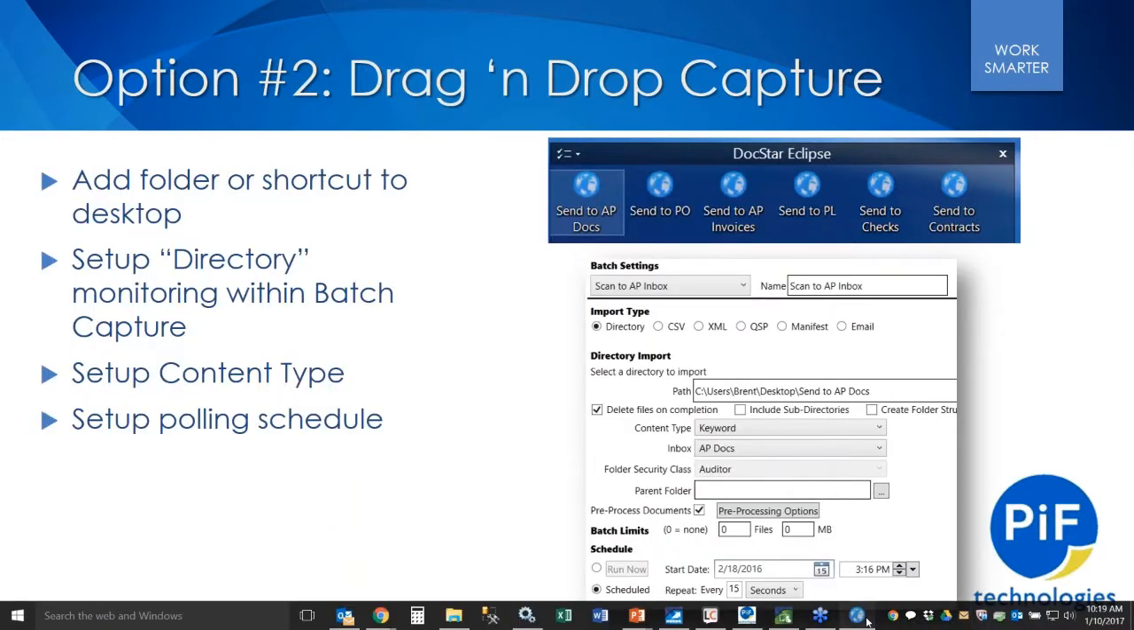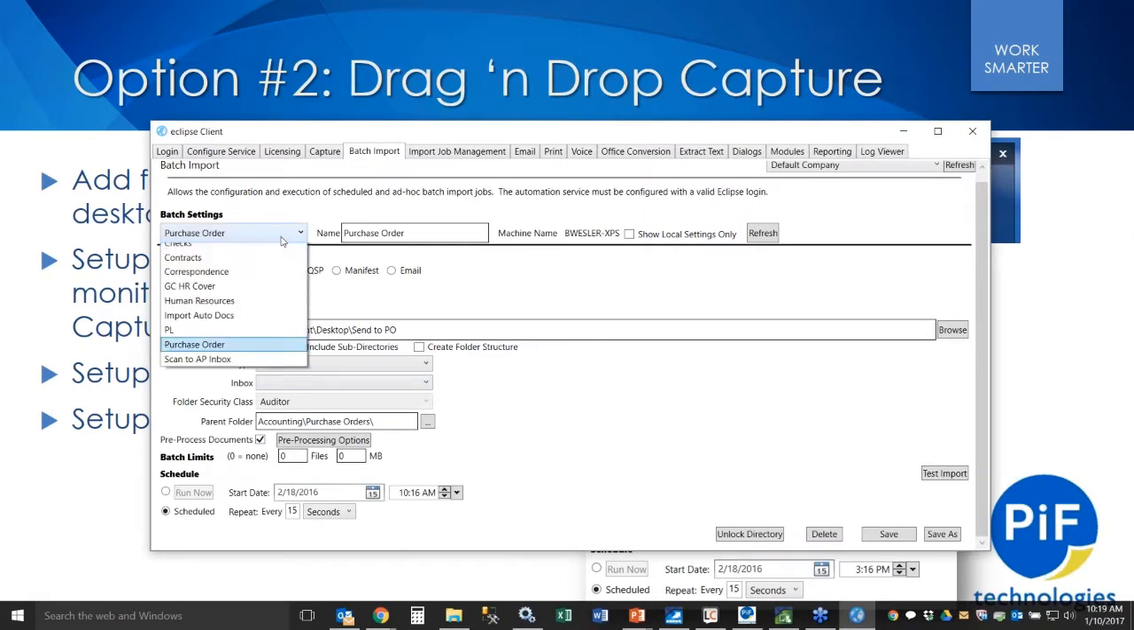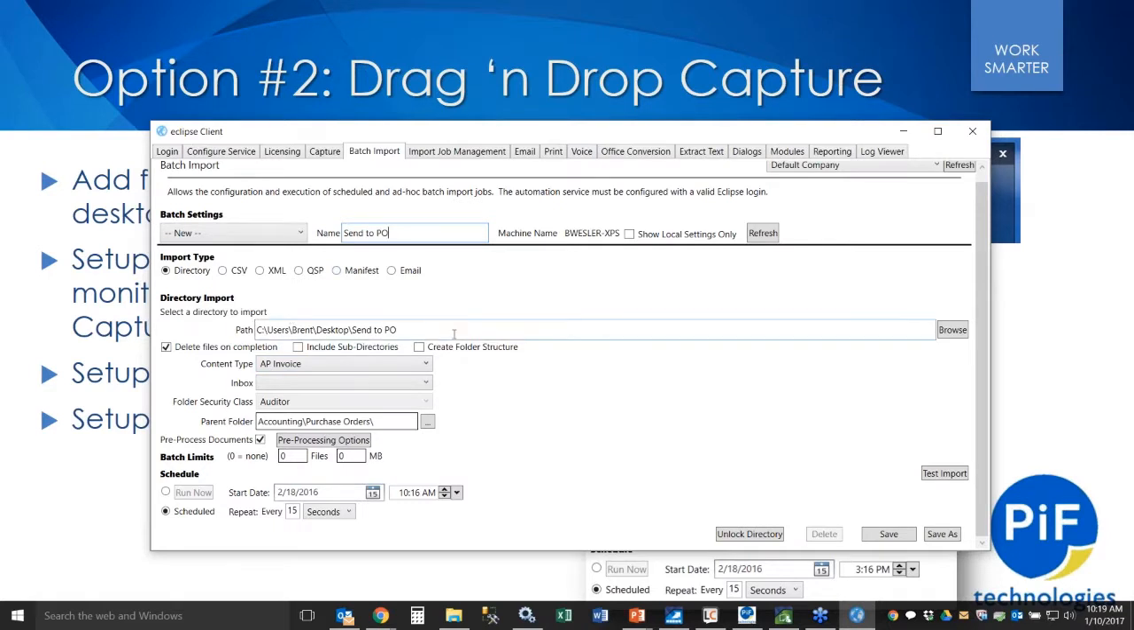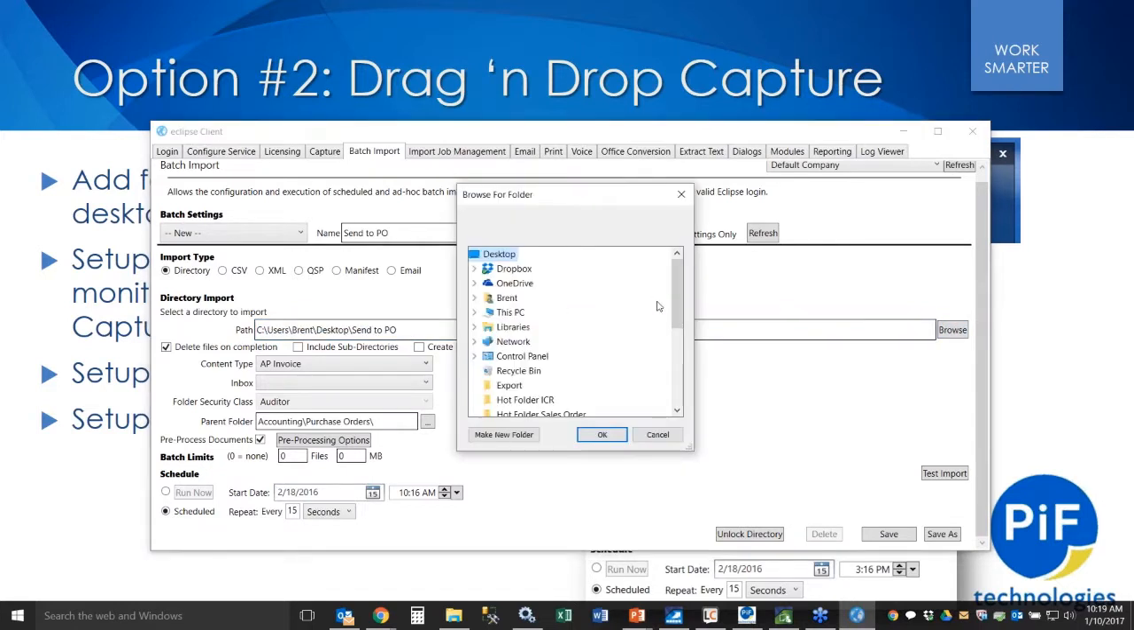Okay. The second is the drag and drop. So this is basically on my desktop. I've created some icons here. So I'm going to just quickly go to my desktop. And you'll see on the top left here I have these different icons. All they are is a hot folder. So you see here I have my AP Docs folder. And when I drag something into this folder, it's going to then